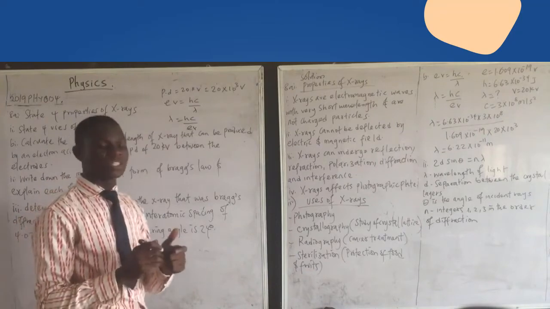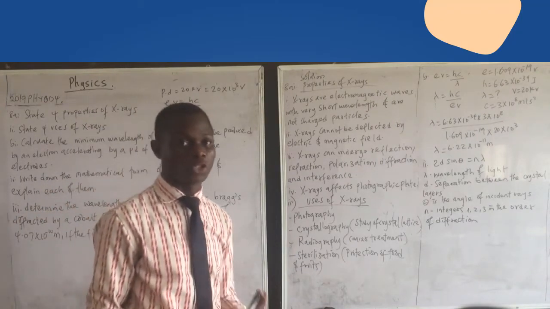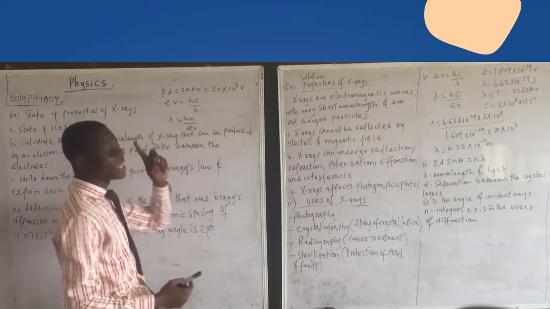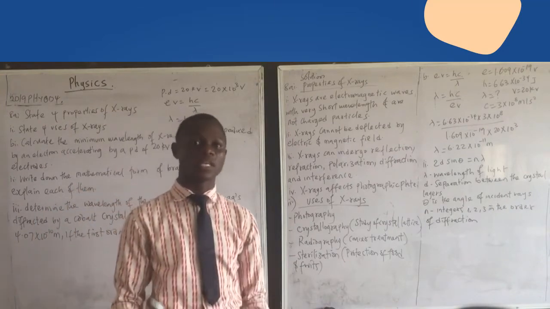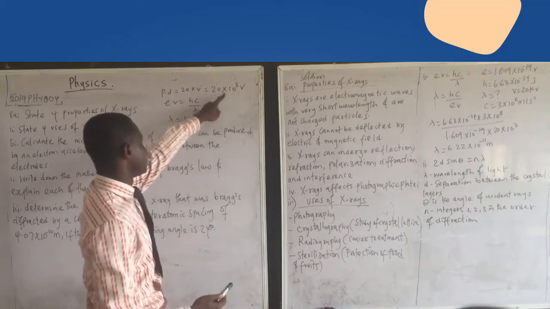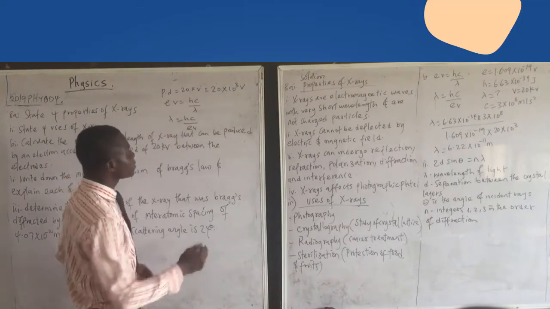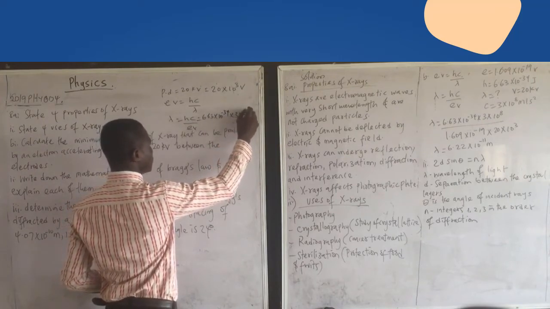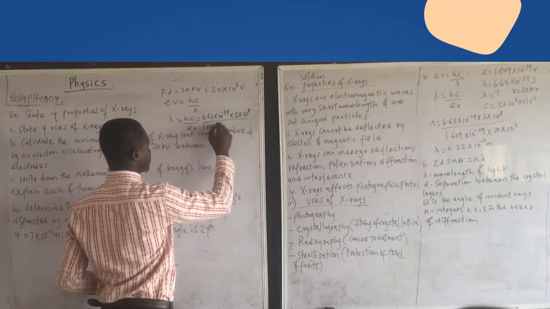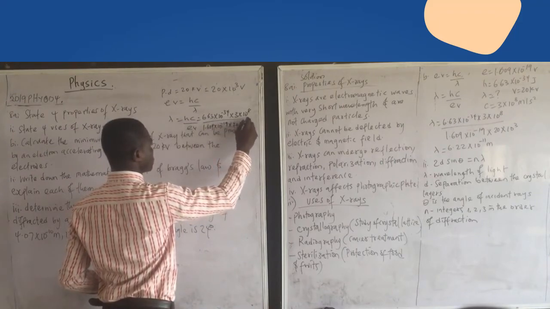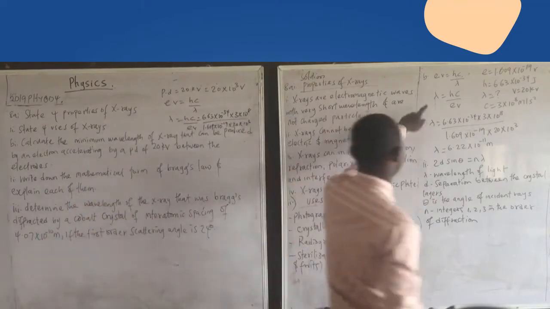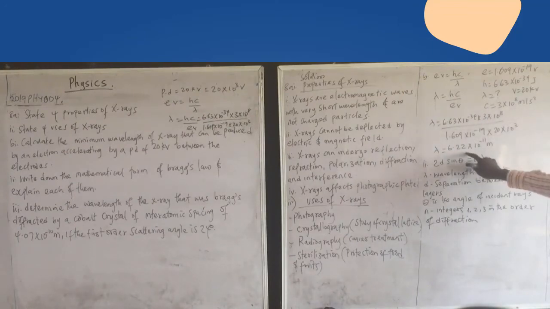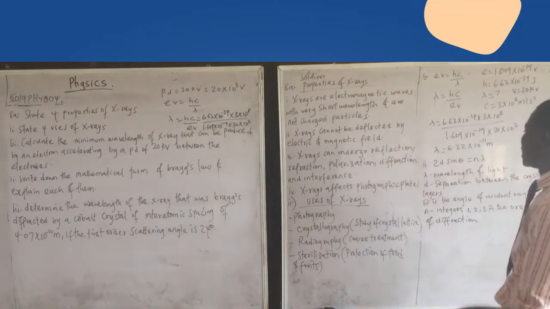h is your Planck constant, which is 6.63 times 10 to the minus 34 joules. c is your speed of light, which is 3 times 10 to the power 8 meters per second. 1 electron volt is 1.609 times 10 to the minus 19. Then your V is given as 20 times 10 to the power 3. So if you put that together, 6.63 times 10 to the power minus 34, times 3 times 10 to the power 8, over 1.609 times 10 to the power minus 19 times 20 times 10 to the power 3. If you put all that together, you get 6.22 times 10 to the power minus 11 meters